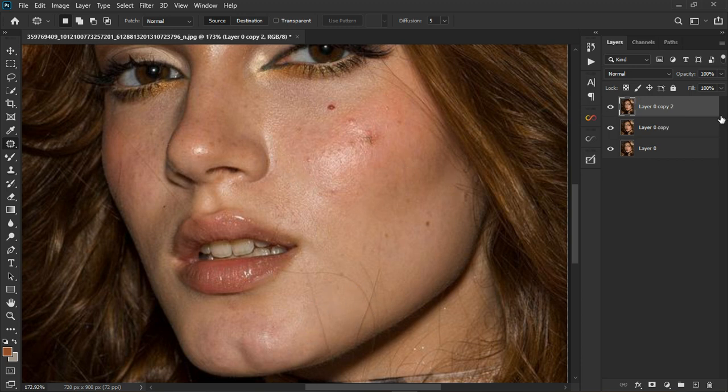So Ctrl J, I've duplicated it, name this one color. The hair strand is part of the texture, okay? So that's why we're using this method, texture, and most other plugins use this method. So turn it off, select the color layer,